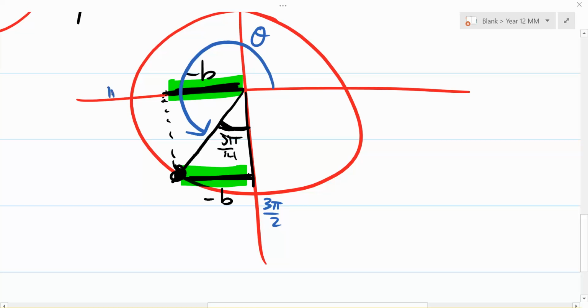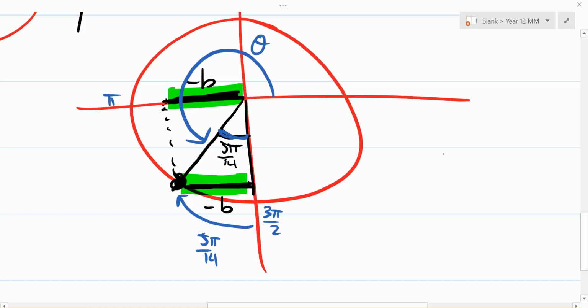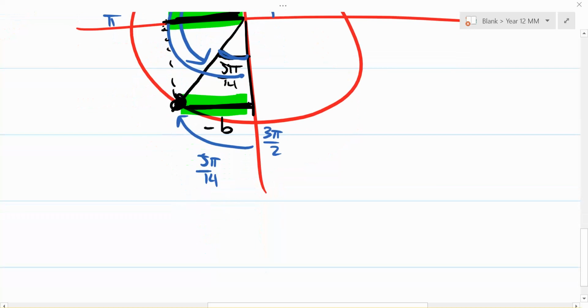Remember, the limit was from pi to 3 pi on 2. And I know this is 5 pi on 14. So if I subtract 5 pi on 14 from 3 pi on 2, I should get the leftover angle. Because remember, the angle from here all the way around is 3 pi on 2. But if I just lose 5 pi on 14, I should get the angle I want. So that's why I wrote in my solutions, theta is equal to 3 pi on 2 minus 5 pi